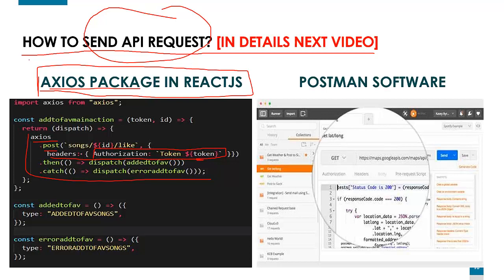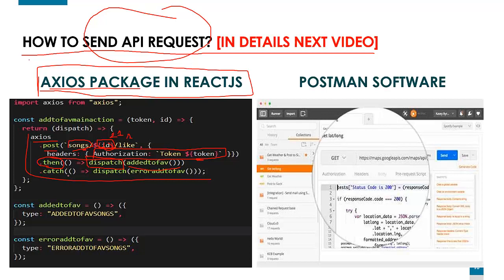Like, there is songs, the API name is songs, and this is our ID here. So slash, like, we want to like the song which has this ID, see that I am writing one here, and headers are also here. Then, .then means the response that is sent here will be dispatched and will run this function.